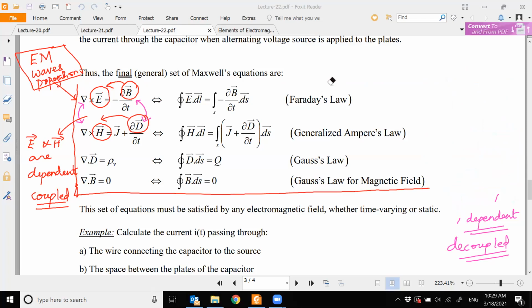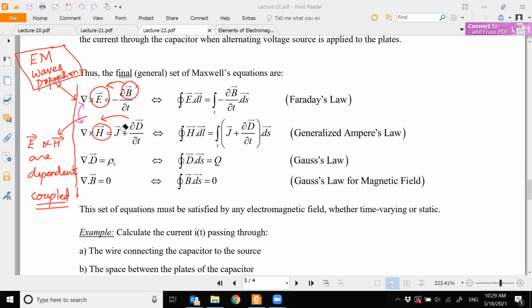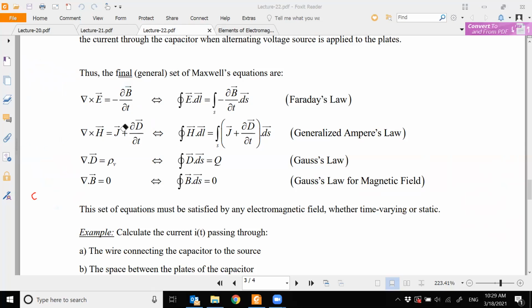And that's why Maxwell's contribution, even though it is a very small contribution, this ∂D/∂t, was the key contribution that showed the coupling between the electric field and the magnetic field in the time varying case. That's why they are all named Maxwell's equations, and these are the generalized Maxwell's equations. Now, just to get an idea about how ∂D/∂t will create the displacement current density,